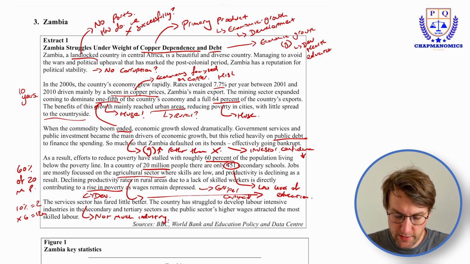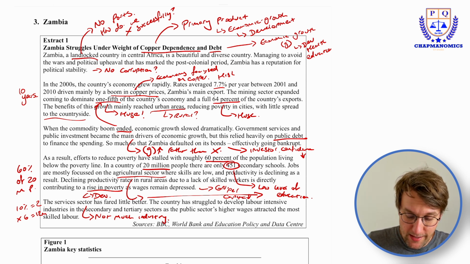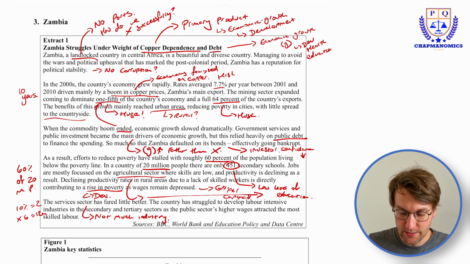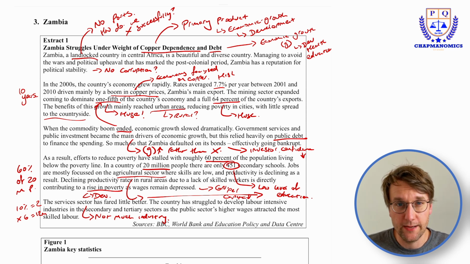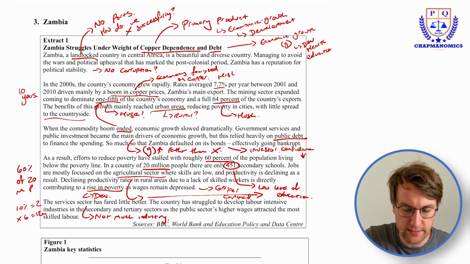And the country struggled to develop labour-intensive industries, and there you go again, in the secondary and tertiary sectors, as the public sector's higher wages attract skilled labour. So there's a huge amount going on within this extract. But what I'm thinking now, having gone through it and written all this stuff down, is there's a few key